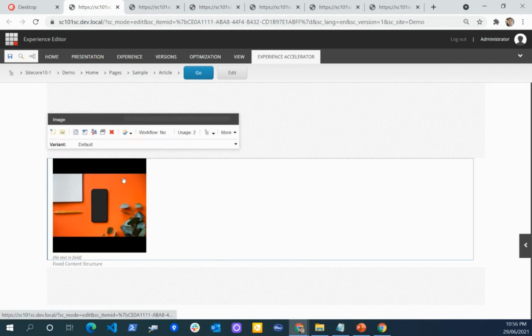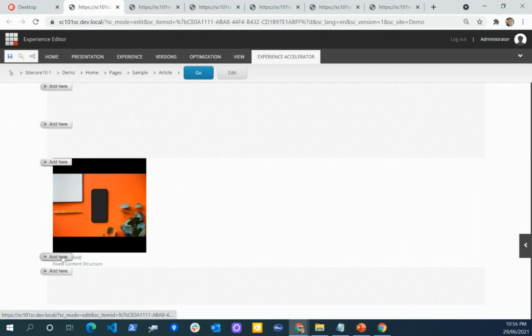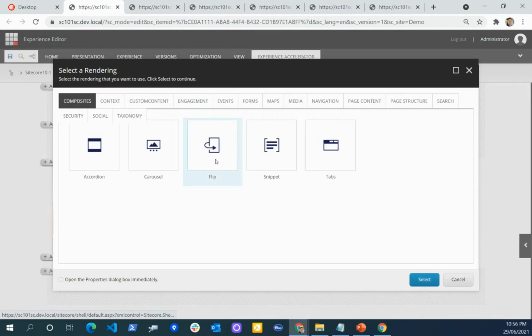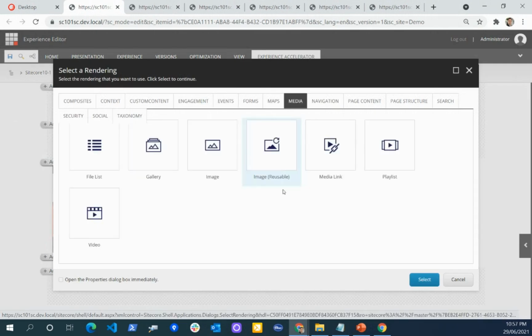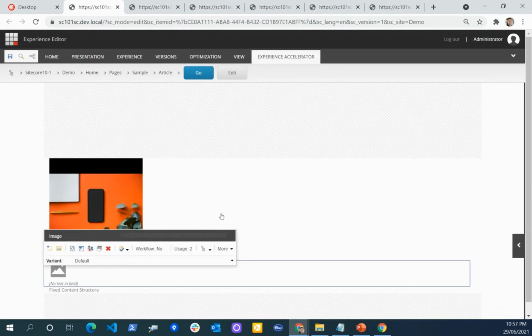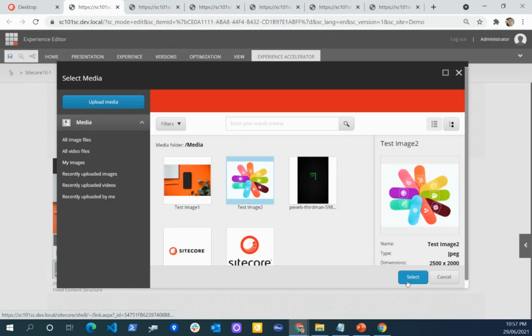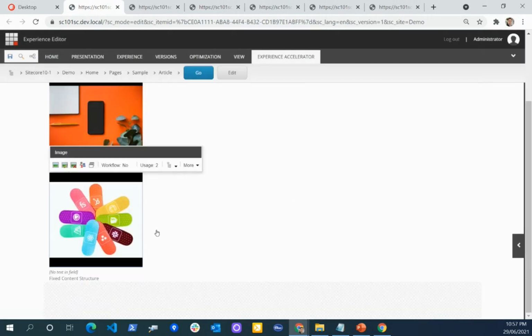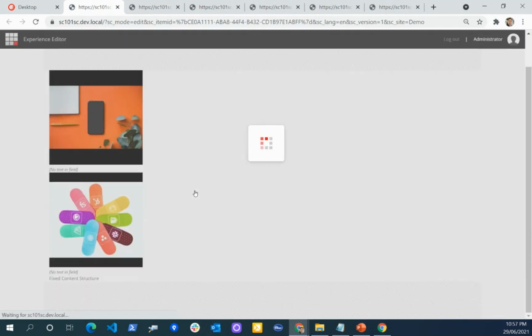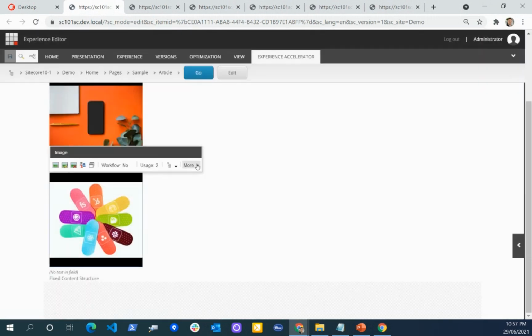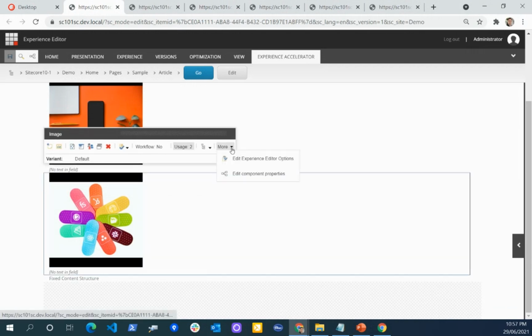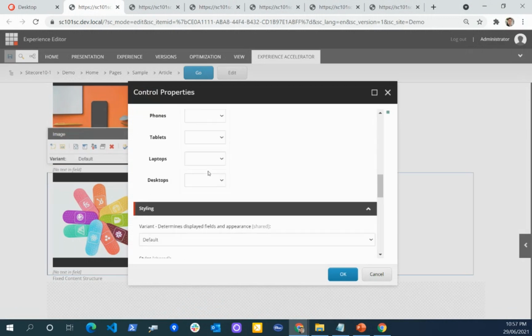If I place one more component, one more image, for this image I can define in the image component that on desktop mode it will also get the 4 column.